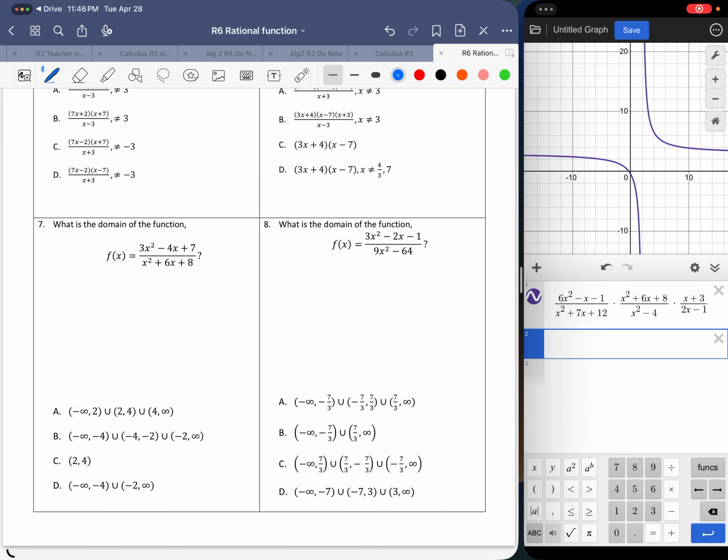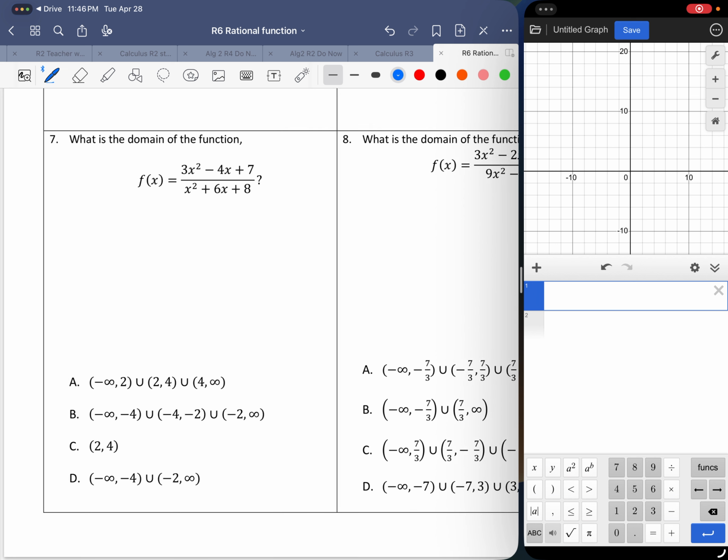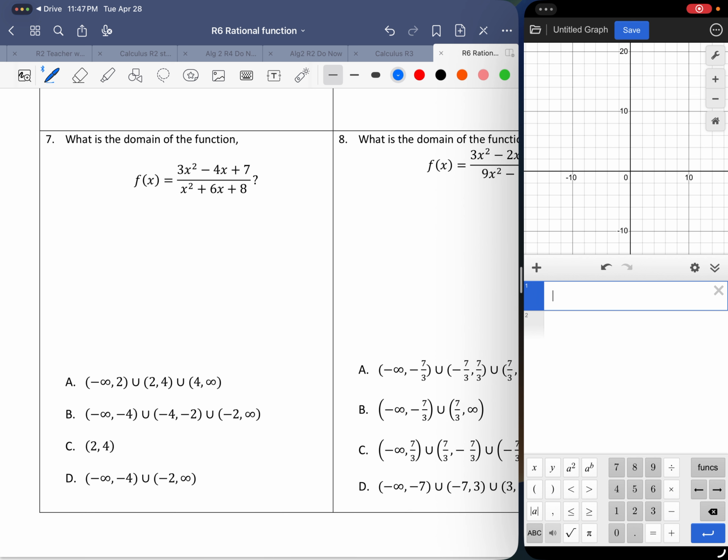Number 7 and 8. I'm not sure really if you're going to have this one on your decimals when you're on your test. You should not, but I'm pretty sure they will give you about 1 or 2 questions like this. What you're doing is very simple. The question says, what is the domain of this function? So when you actually put this one into decimals,